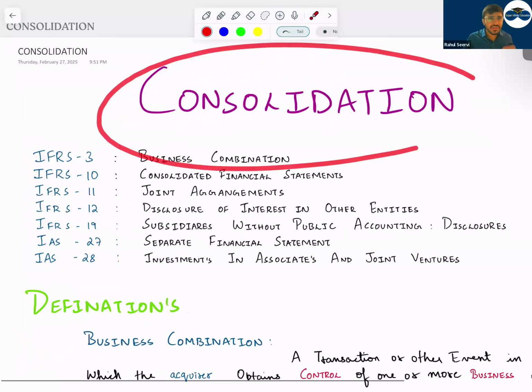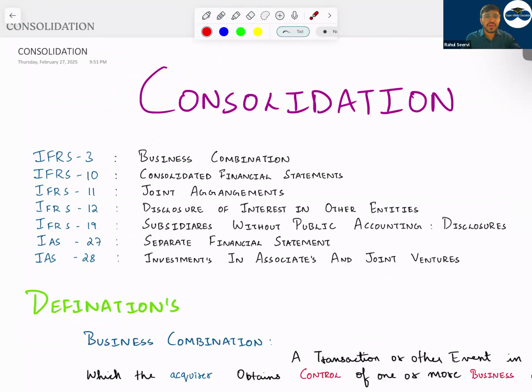Now this consolidation is very important for your SBR. Question number 1, 30 marks. Out of 30 marks, understand that 12 to 14 marks will be adjustments. And in the 12 to 14 marks, 6 to 7 marks will be repeated in P&L, balance sheet and cash flow. And then coming to the other 14 to 15 marks, 6 to 8 marks will be a theory question from consolidation most of the time, we have seen.